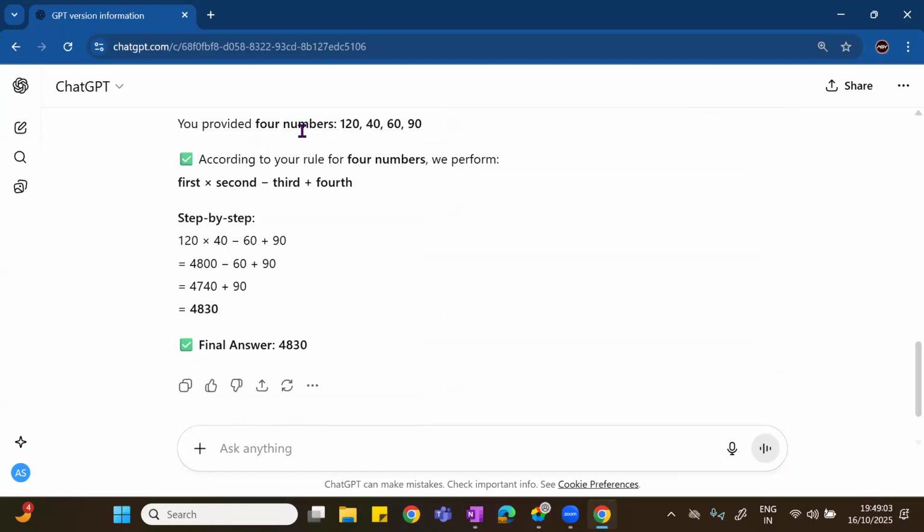It says you provided four numbers; according to your rule, for four numbers we perform multiplication of the first two, subtract the third, and add. That's what it is doing.